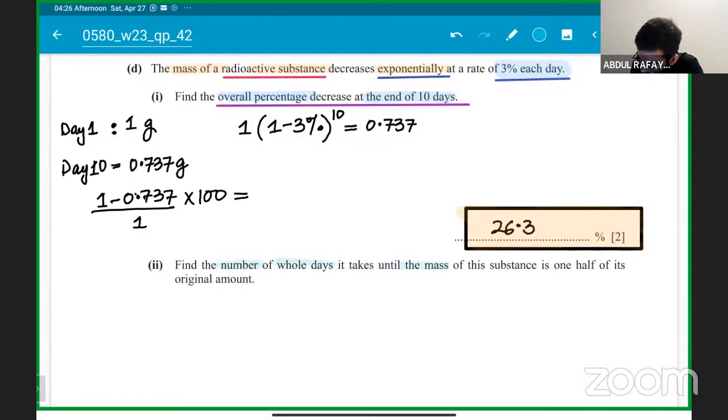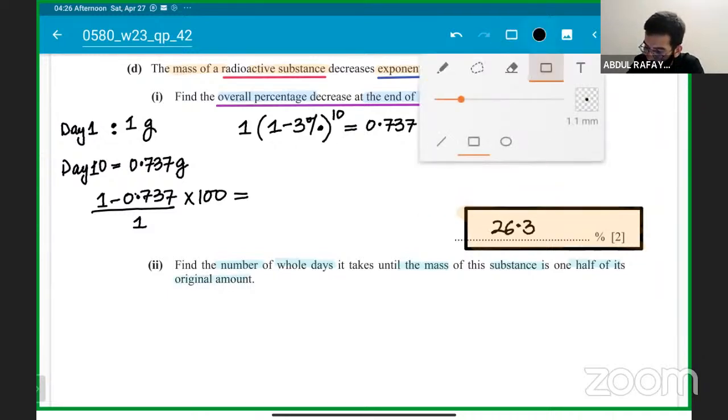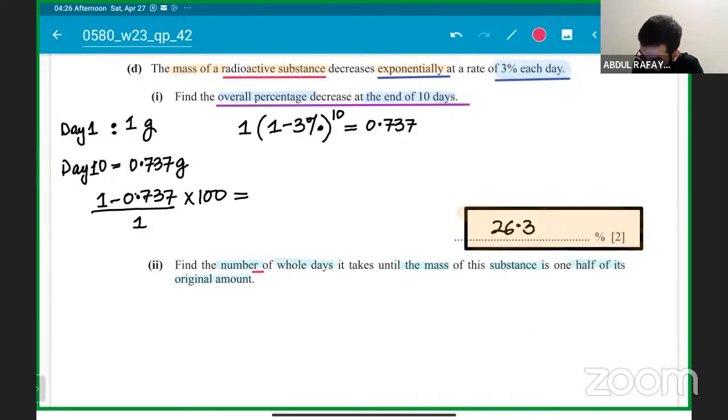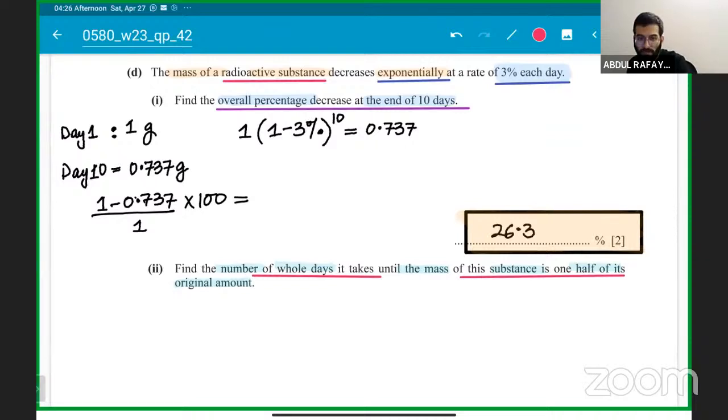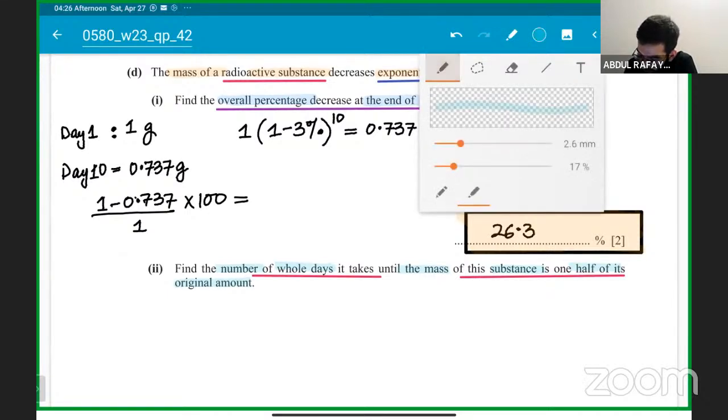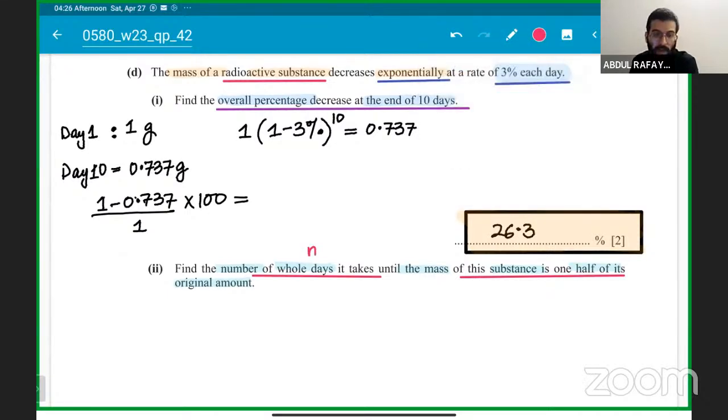Find the number of whole days it will take until the mass of this substance is one half of its original amount, ठीक है। So what we have to do now, कि we have to find the number of whole days it will take until the mass of this substance is one half of its original amount, के नंबर ऑफ डेज निकालने हैं। फॉलो वेरी केयरफुली, हमें नंबर ऑफ डेज निकालने हैं, विच मीन्स कि हमें n की वैल्यू निकालनी है। मैंने दोनों को रेड लाइन से मेंशन कर दिया।